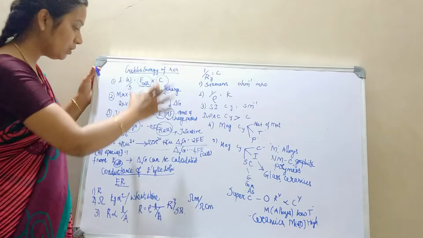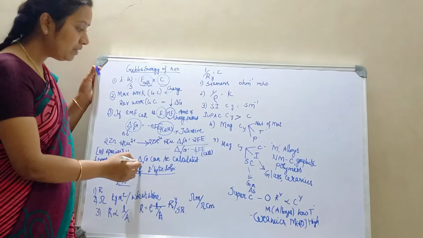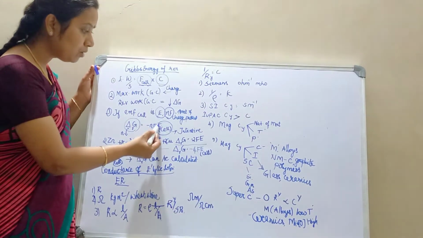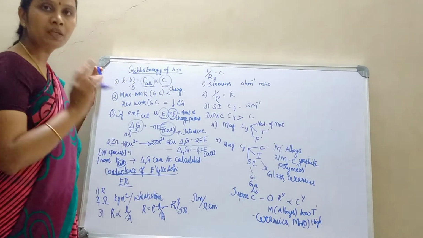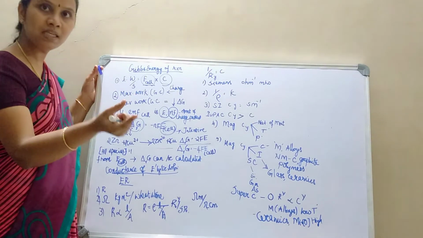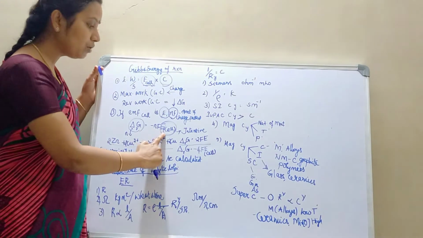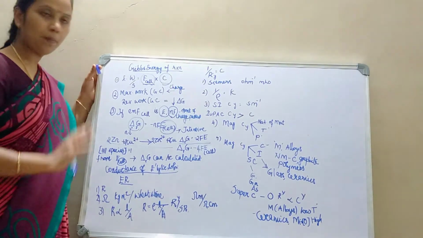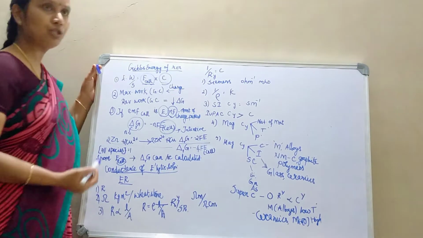From this equation, from the electrode potential, the Gibbs free energy change of a reaction can easily be calculated. That's all. So this is the relation which relates your electrode potential with Gibbs free energy. The electrode potential of a reaction is related to the Gibbs free energy change. So we have seen the Nernst equation, how electrode potential is related to Kc, the equilibrium constant, and how electrode potential is related to Gibbs free energy change. Moving to the next topic, which is conductance of electrolytic solution.